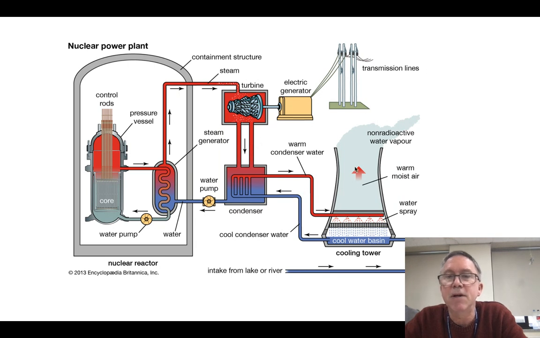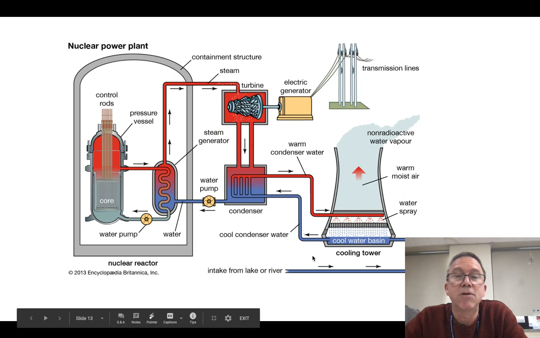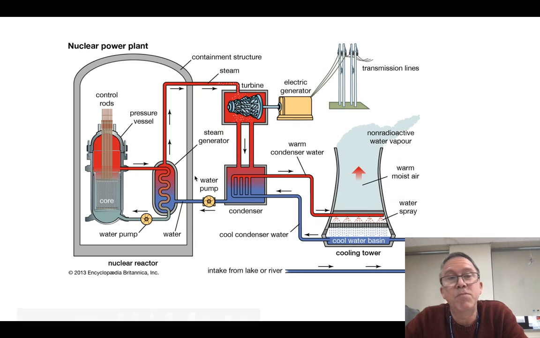I do that by cooling it off by having a cooling tower. So these are kind of the emblematic symbols of nuclear power, although we use them with coal plants too. And the idea is I cool this water off. And really, the only thing that really comes out of the power plant that's bad is warm water. So thermal pollution is definitely a thing with these, but this is called a containment structure.